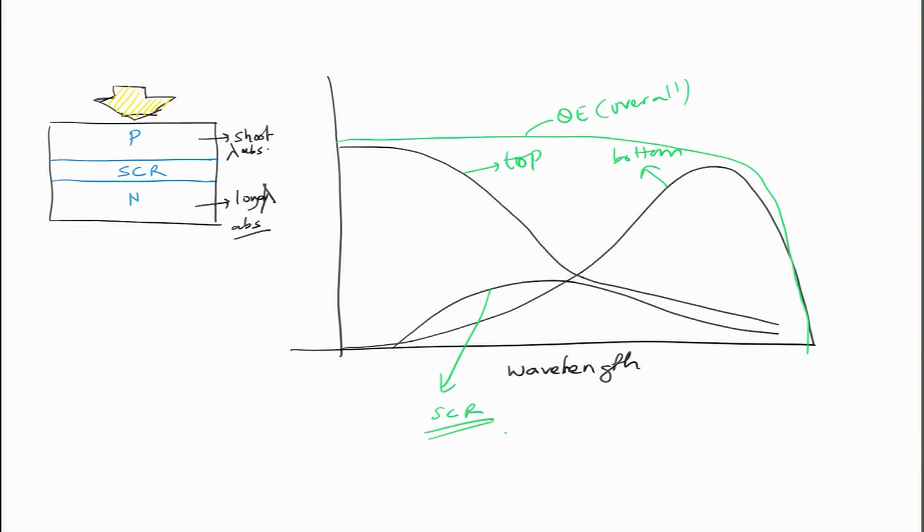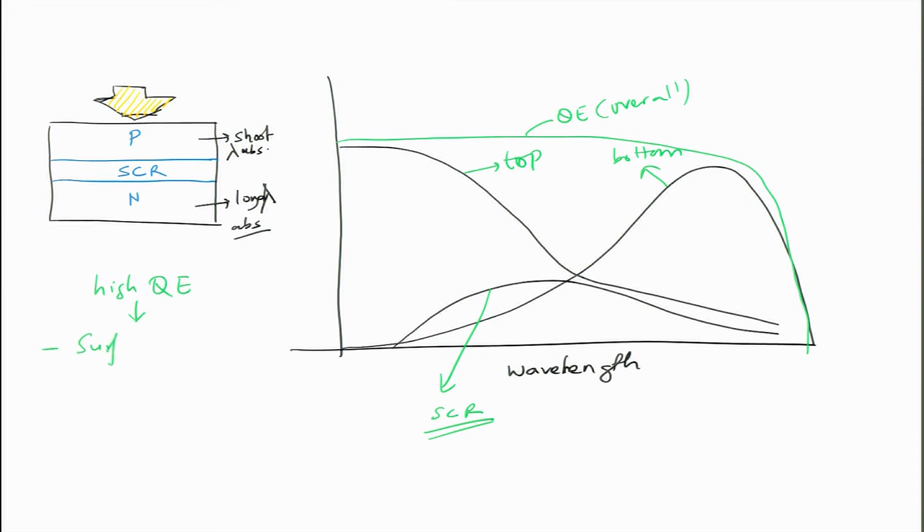Since the space charge region is very narrow, the quantum efficiency of this region is small, and also there is a lot of recombination in the space charge region. As a result, the quantum efficiency is smaller in the case of the space charge region, but generally P and N sides have high quantum efficiencies. And high quantum efficiency is obtained when you